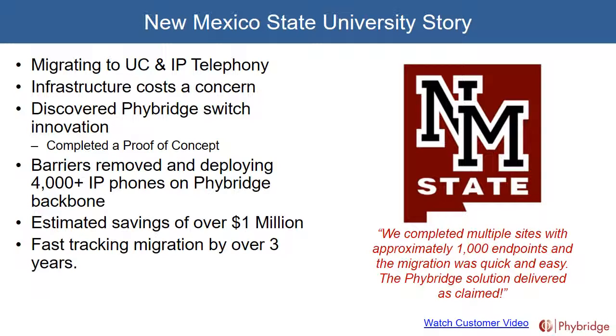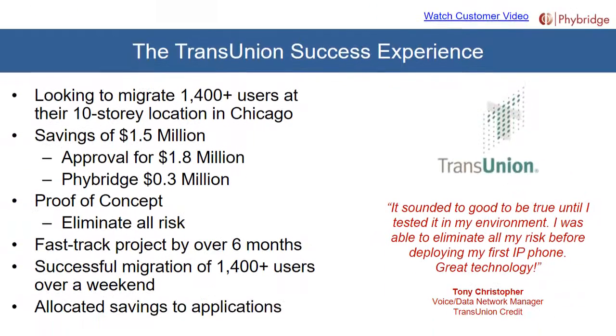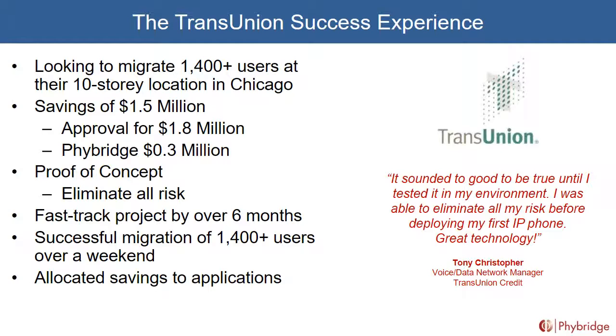But I think there's another example in the TransUnion is just how fast you were able to get 1,400 users working. Yeah, it was shocking, actually. The customer told me his plans, and we said, you know what, sounds fair. Some of the highlights of that particular customer, as you can see on the screen, it was 1,400 users. The customer had just gotten to do the activities that we talked about before, the LAN assessments, the cabling, the power, the backup, all of that in the data closets, and it was somewhere around $1.8 million. What they found with our solution, it was going to cost about $300,000. So they were saving right out of the gate almost $1.5 million.